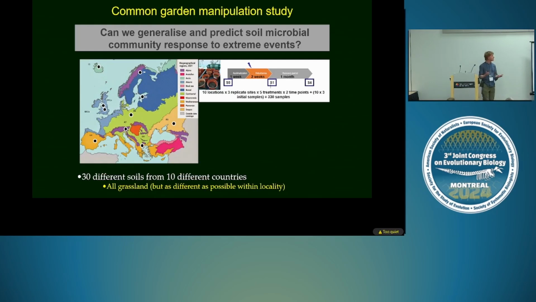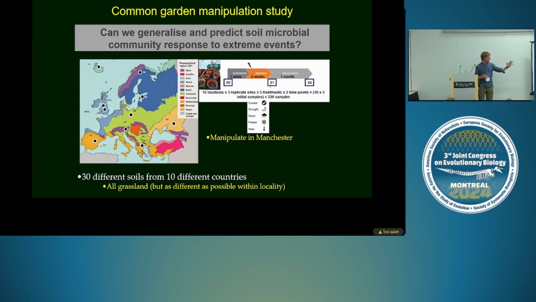And what we're actually going to do is a common garden manipulation study. So we've just heard about one of those, but we're going to take soils from all these countries, which are representative of different biogeographic areas within Europe. We're actually going to take 3 different soils from grasslands in each of these places. And we took them all back to Manchester into little pots like that, and perturbed them for a couple of weeks using,